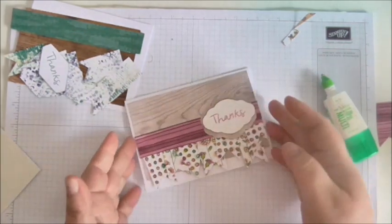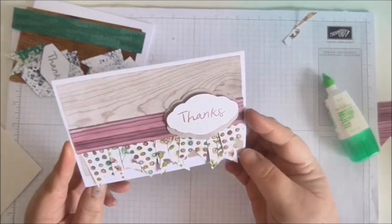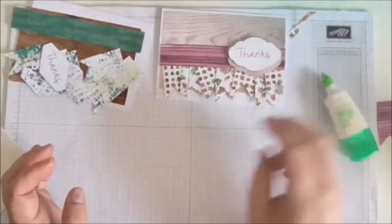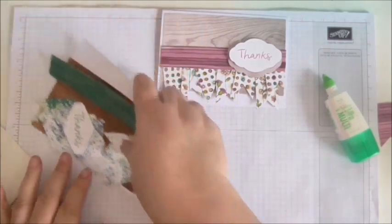Now, because it's for a lady, if you want, you could stick a flower or something on there, but I'm just keeping it very simple, true to the sketch. If you don't like this showing through, you could always trim it off, but I quite like it. So that's that one. And now we do the mail card in exactly the same way,